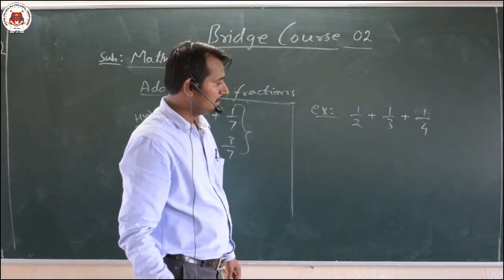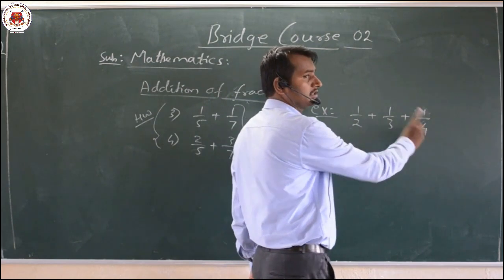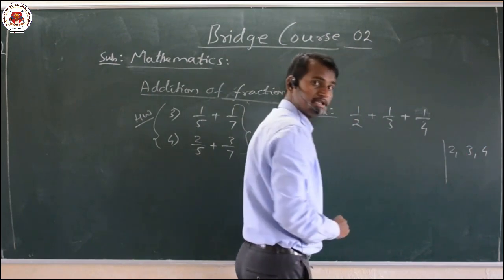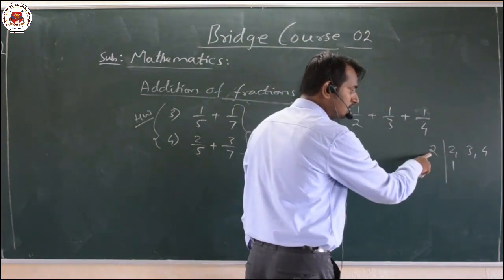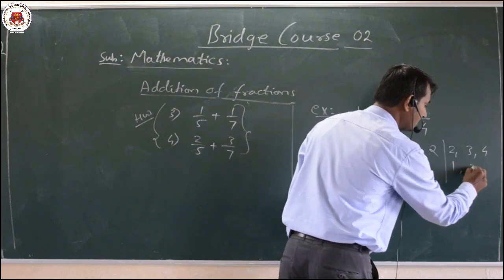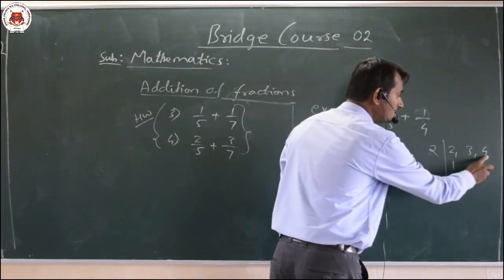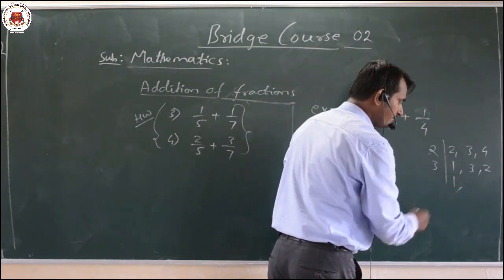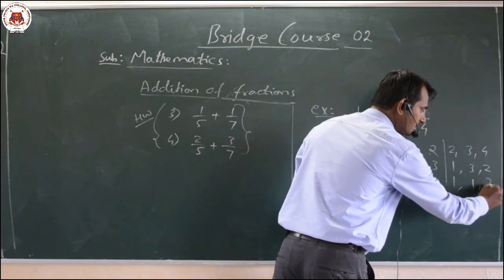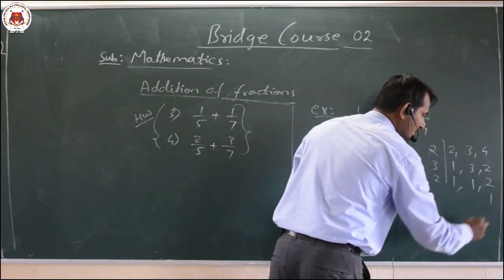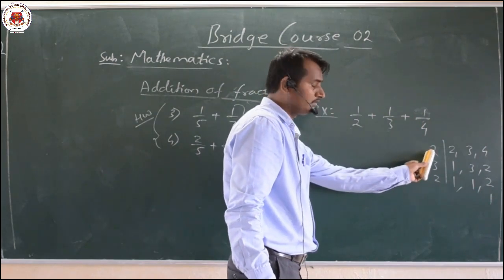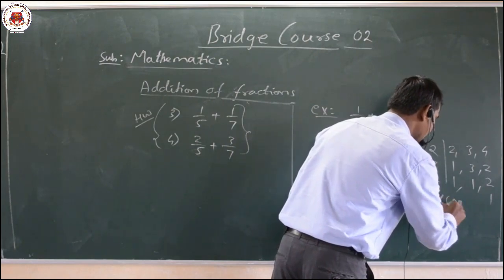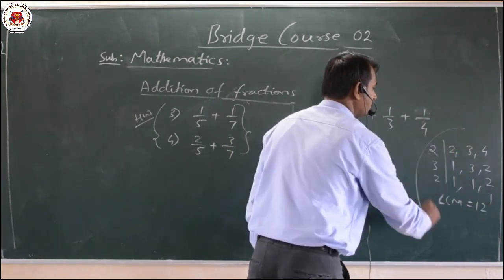Okay, now first of all we have to take the LCM of these three numbers, that is nothing but 2, 3, 4. I will write down the same method. 2 1s are 2. 2 does not divide 3 here, therefore I will write 3 as it is. Then 2 2s are 4, very simple. Next thing is 3, I will write down 1 as it is. 3 1s are 3. 3 can't divide 2, therefore I am writing it as it is. Then 2 1s are 2. And I will multiply all these. What do we get here? 3 2s are 6, 6 2s are 12. Therefore, the LCM will be 12.